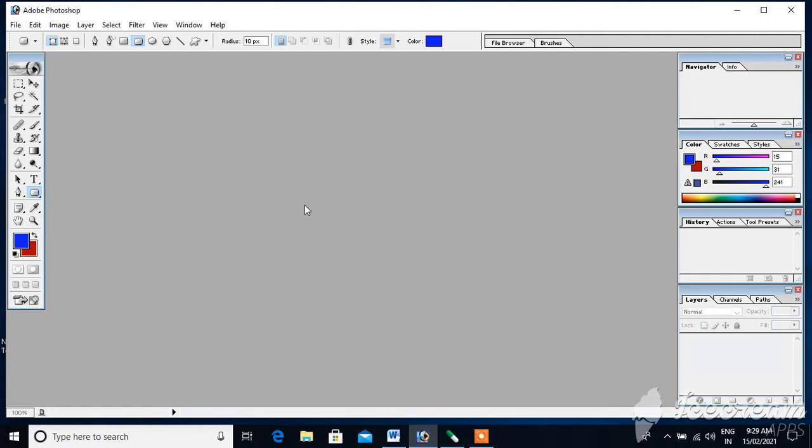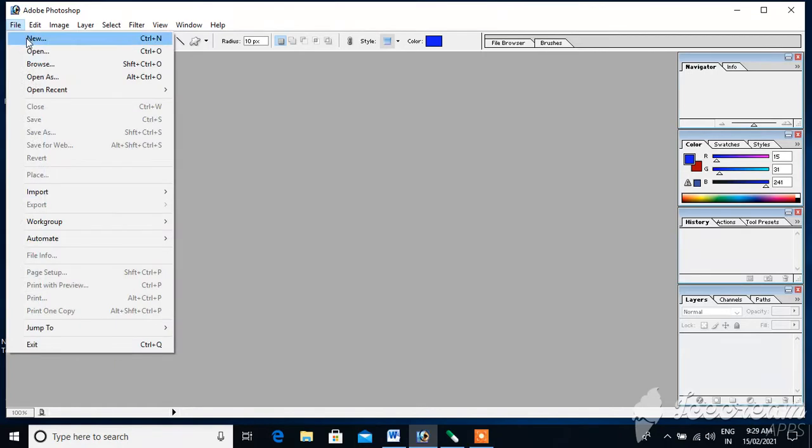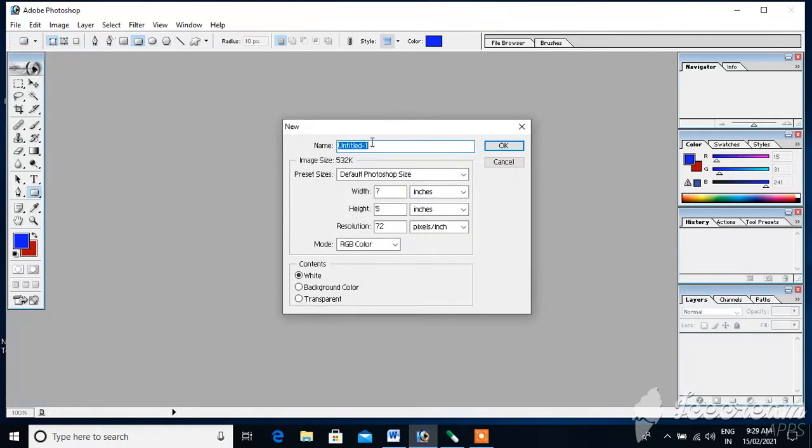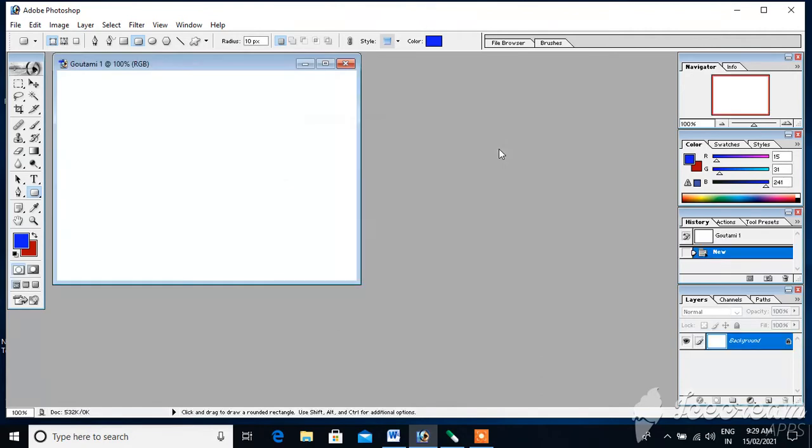Okay, now we will make a birthday party invitation with the help of this tool. How to make it? Again, click on File, click on New, and just give the name. I will give one now. Okay, for the birthday party invitation, first of all